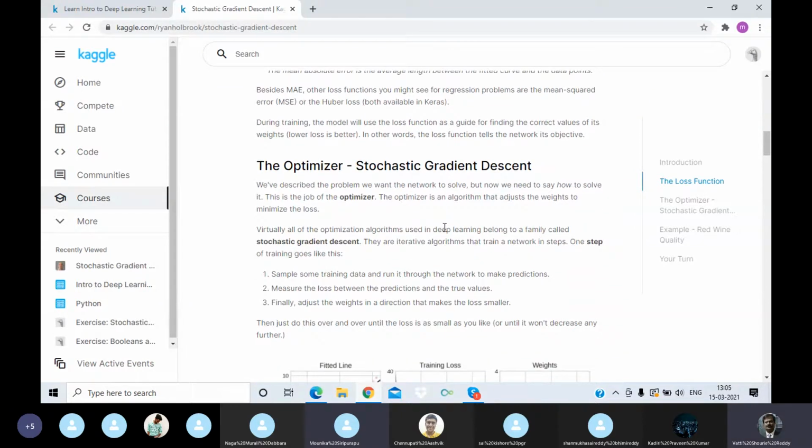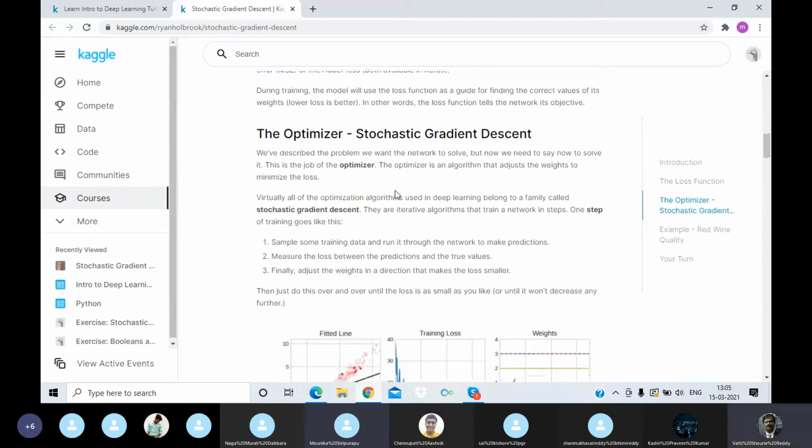Next, coming to the optimizer, we have described the problem we want the network to solve, but now we need to say how to solve it. This is the job of the optimizer. It is an algorithm that adjusts the weights to minimize the loss.